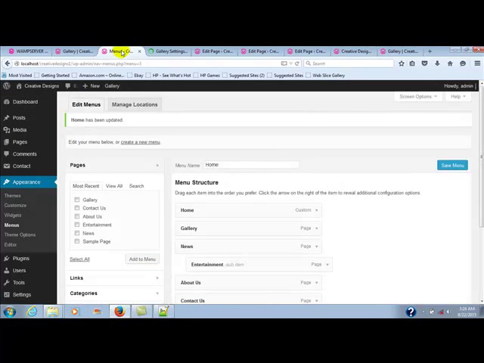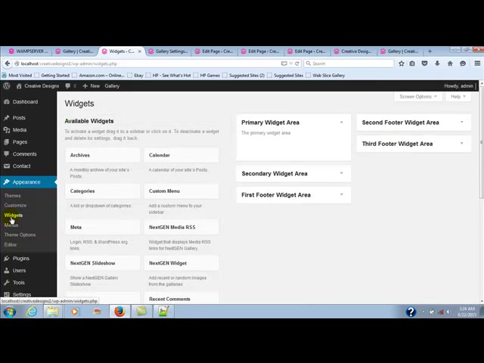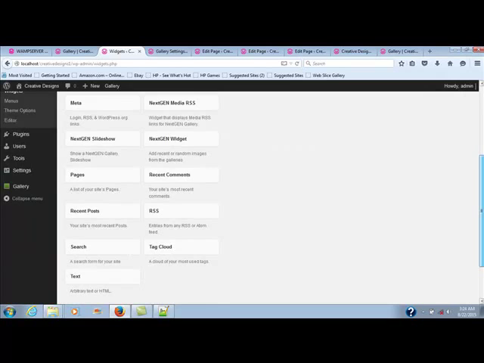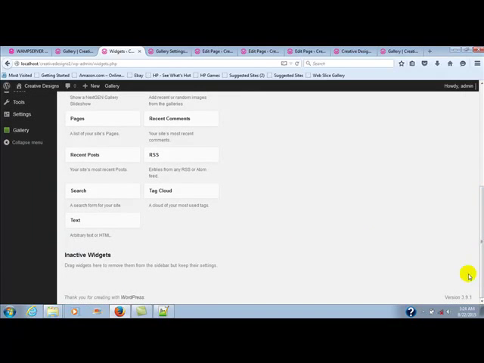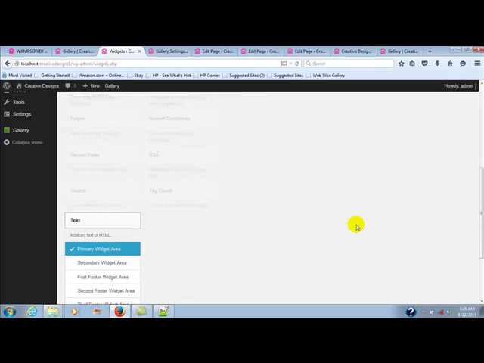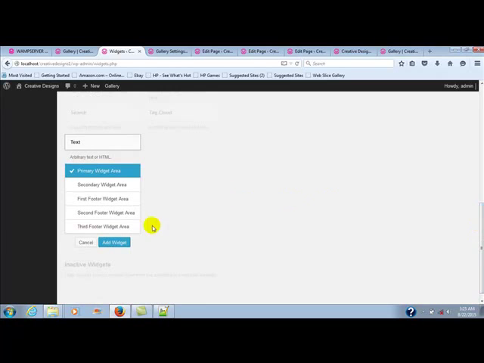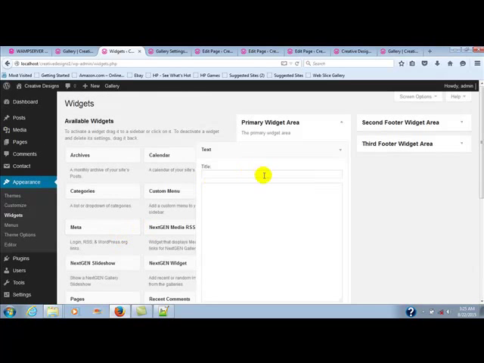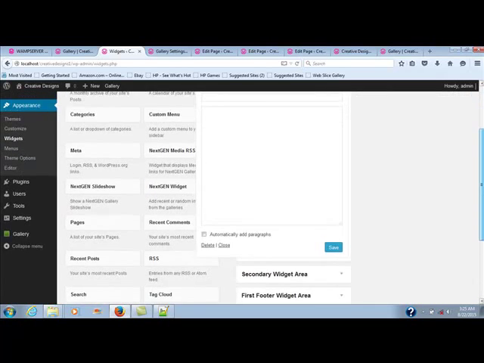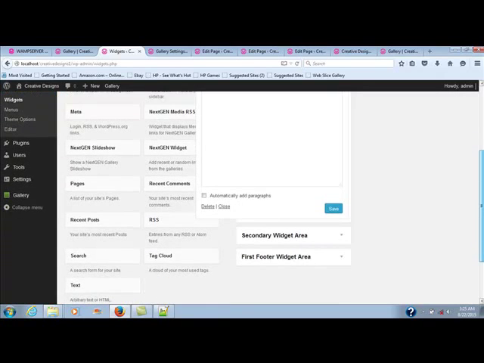So you come back to your widgets, and we are going to add it to be at this Grammy widget area. So we are going to use the widget called the text. The text widget has been the widget we've been using. You see add widget, it's been here. Okay, since we have it,